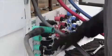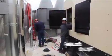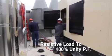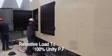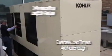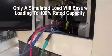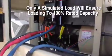Load banking is the process of connecting ancillary load to the generator system. The industry standard is to load bank with resistive power. This loads the generator set to 100% at unity power factor. Loading by switching the system load to the generator is not an adequate test. Only a simulated load bank test can ensure the generator system is loaded and tested to 100% of its rated